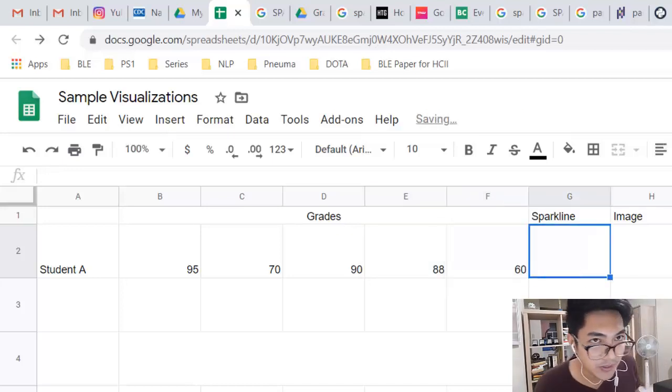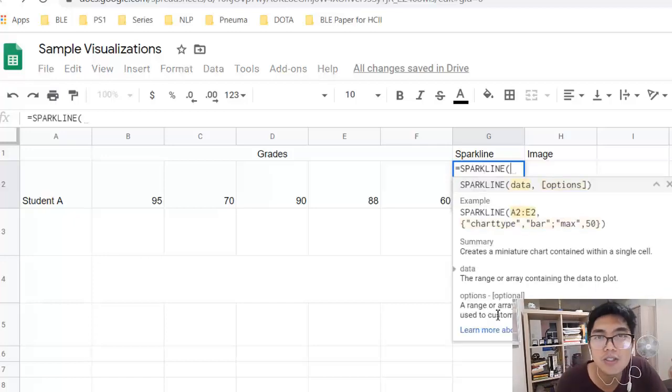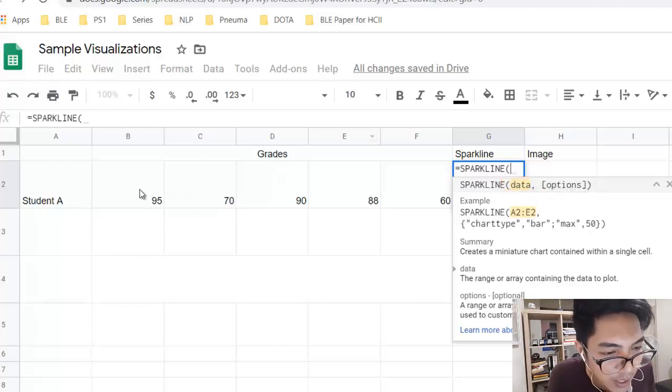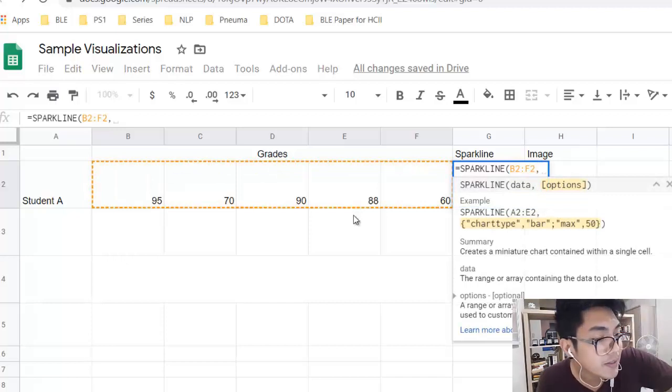All right, how do you generate a graph inside one cell? Google allows us to use what is called a Sparkline. In order to activate that, you just treat it like it's a formula. So equals SPARKLINE, and then it asks you for two things. One is the data range, which means what part of the spreadsheet do I want to visualize, and so we can just drag it here because we want to visualize the grades. And the other part, which I can invoke by pressing the comma, tells us it's now ready to receive options,